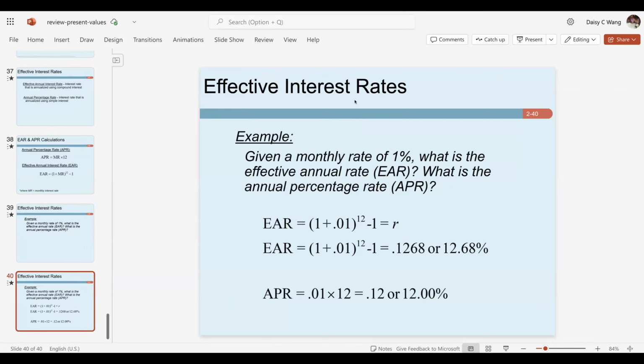Or you can be like me and try to calculate everything in your head. So let me stop the recording so that we can have a smaller video, okay? And then